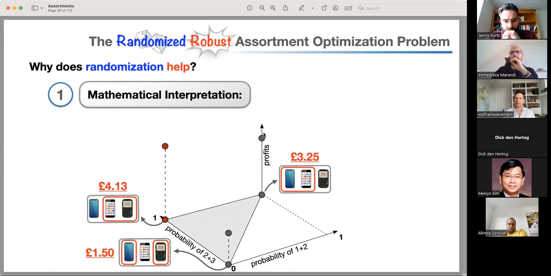Alternatively, however, we can see these 3 assortments as extreme points of a probability simplex of randomized assortment strategies. In this case, we don't just have to choose between the extreme points, but we can choose any strategy in between those extreme points. Now let's have a look at the worst case expected profits of those strategies in between. To make the visualization simple, let's assume there are only 2 possible scenarios, namely the group proportions 25%, 75%, and 75%, 25%. Under the first scenario,